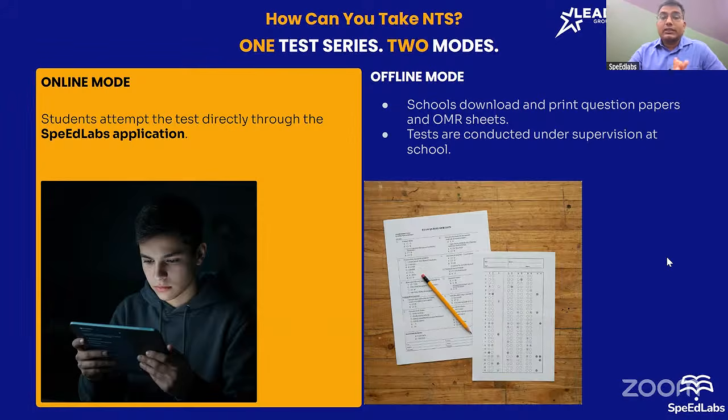So both the methods are there. The recommendation is the offline method, but the online method is also used frequently, with proper proctoring. Also, if a student tries to cheat or turn off the screen, then after three times of changing the screen, the test will be automatically disabled and considered as completed.